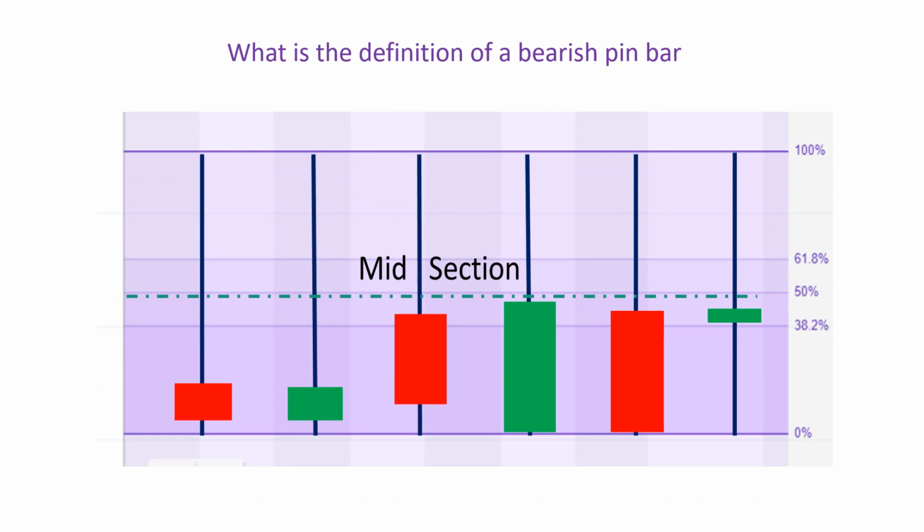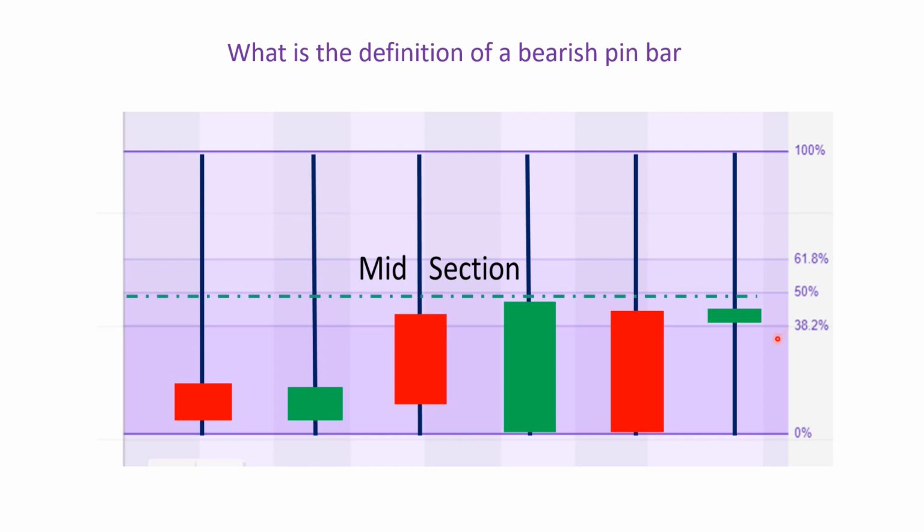Now put the 0 of the retracement tool on the lower shadow of this pin bar and put 100 on the upper shadow. Now if the body of any of these pin bars is below the 38.2%, then that pin bar is considered a shooting star